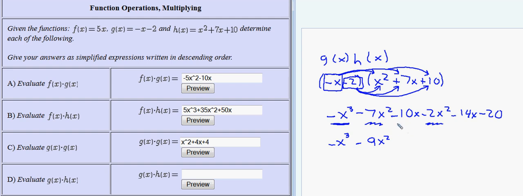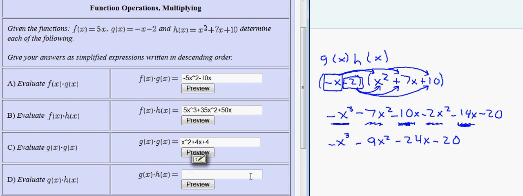What else do I have? I've got this guy right here, which is negative 10x, and this guy here, which is minus 14x. So if you combine this one with this one, a minus 10 and a minus 14 makes negative 24x. And then finally, I've got the minus 20, which I can't combine with anything else. So I get this big, long answer with 4 terms, and I will type it in. Negative x to the third, subtract 9x raised to the second power, subtract 24x minus 20. And those would be my 4 final answers in simplified form, and I hope that you